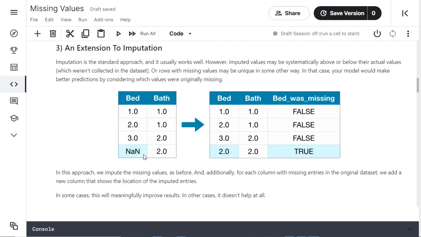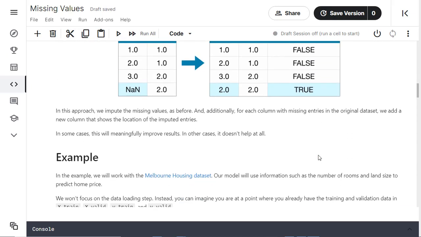For example, the last row contained a NaN value, therefore bed has been replaced with the mean, and we added a new column, bed was missing. At this row the entry is True. In some cases this will meaningfully improve the result, in other cases it doesn't help at all.